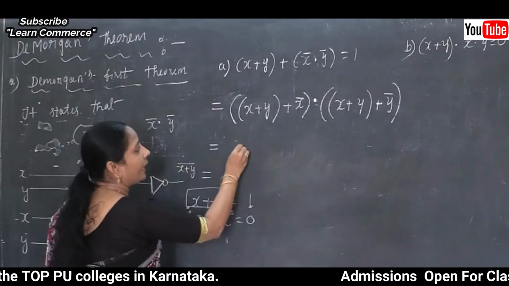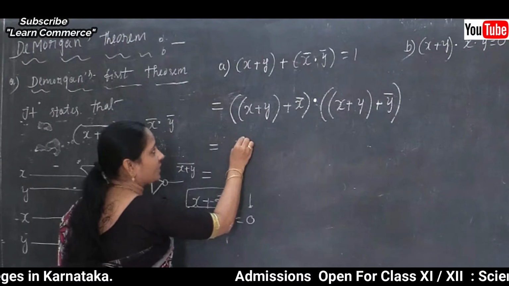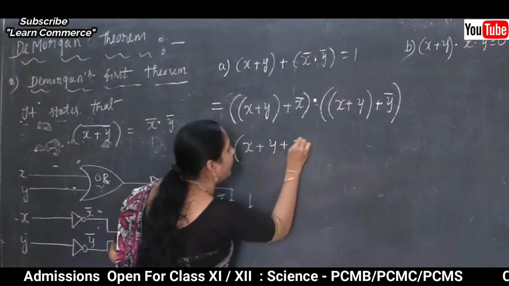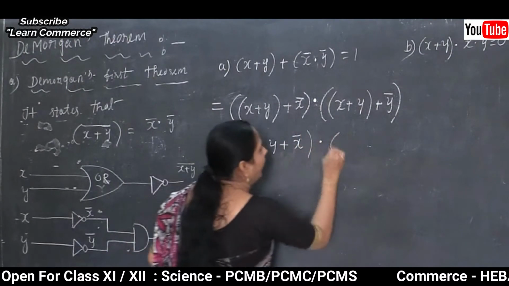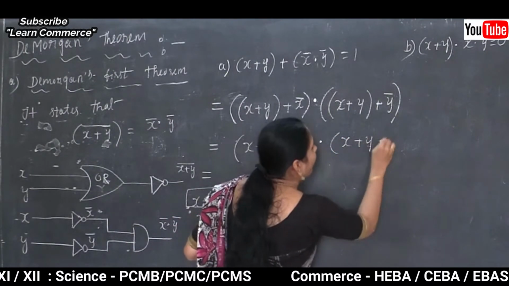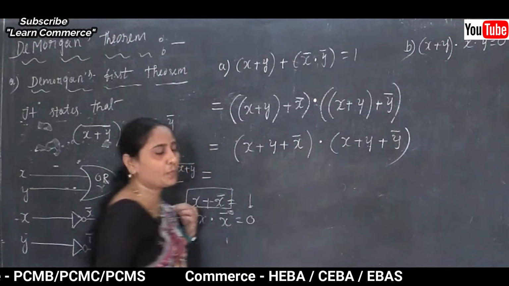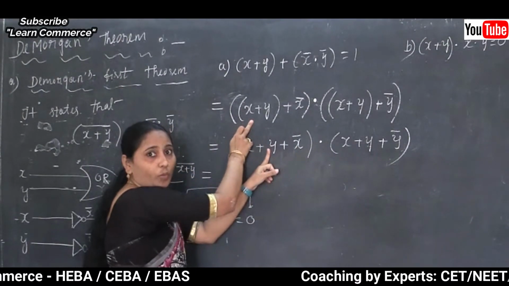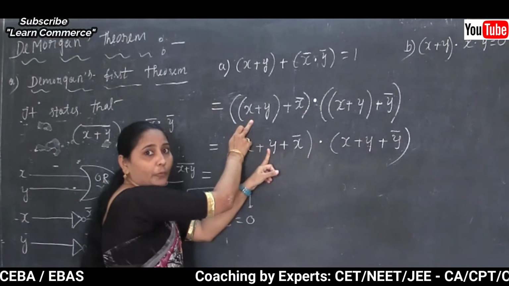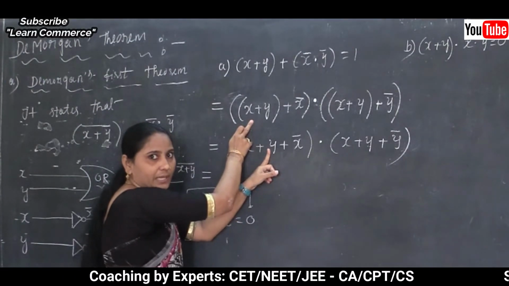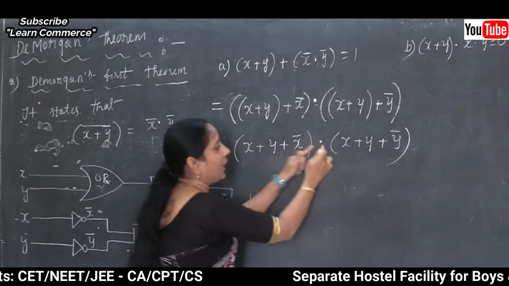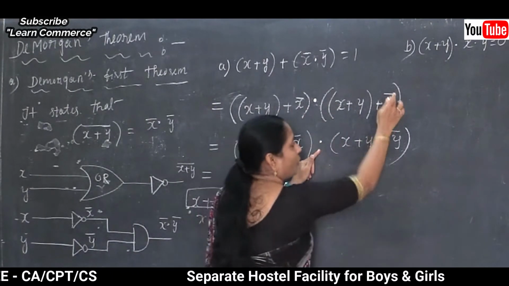When you take the next expression, the next line, I am taking x plus y plus complement of x and x plus y plus complement of y. Clear this point here? So x plus y, the same thing, no changes. Whatever the variables are there, I am going to use in one parenthesis. So x plus y plus complement of x and x plus y plus complement of y,